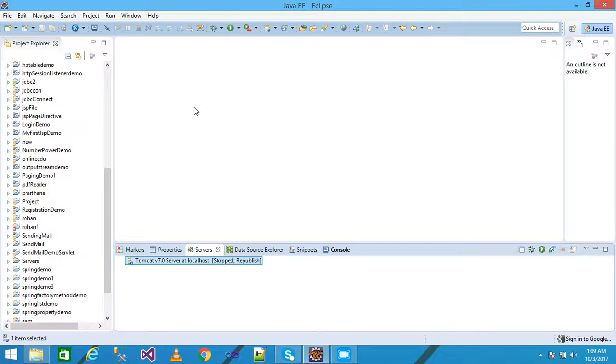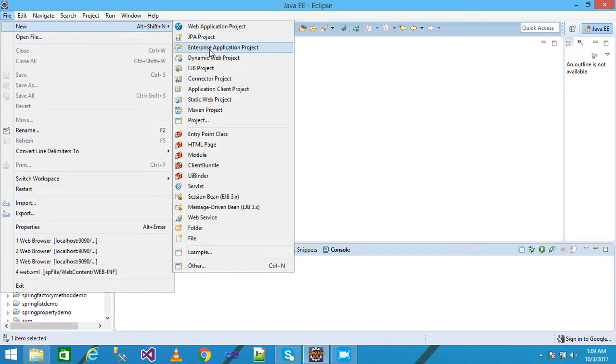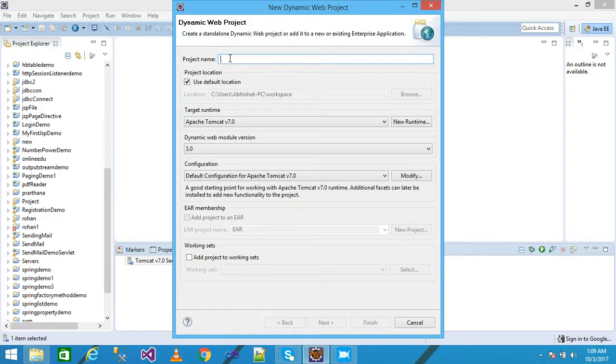In this video tutorial we discuss the scriptlet tag in JSP with a practical example. Here I am using Eclipse as the IDE, integrated development environment. First I click on File, then New, and then click on Dynamic Web Project. I need to write my project name, and I am simply giving my project name as scriptlet